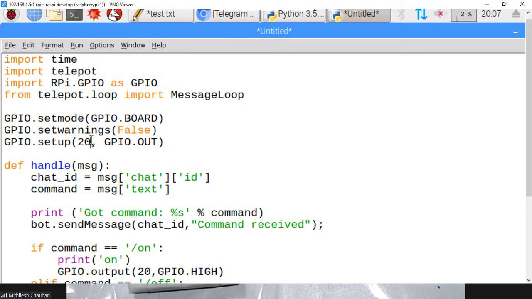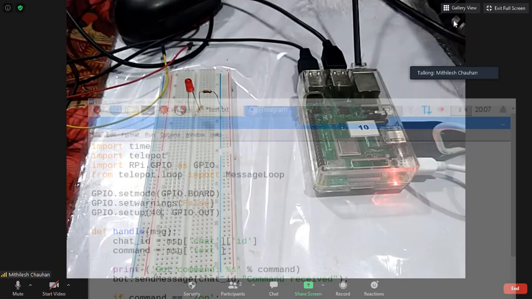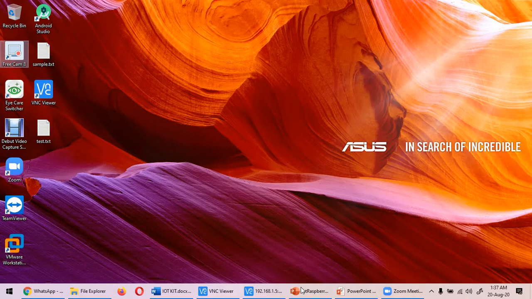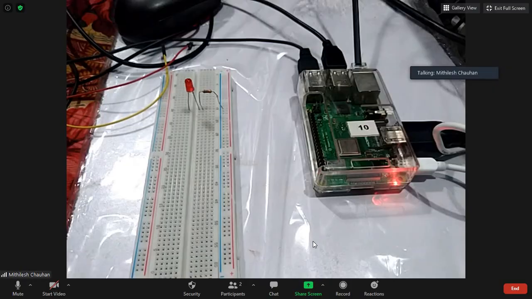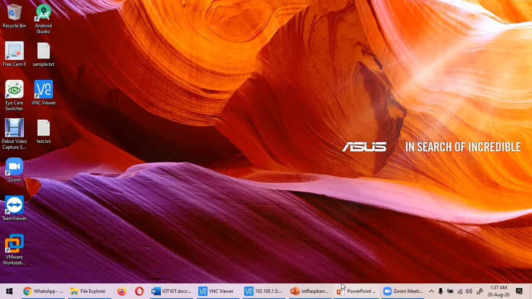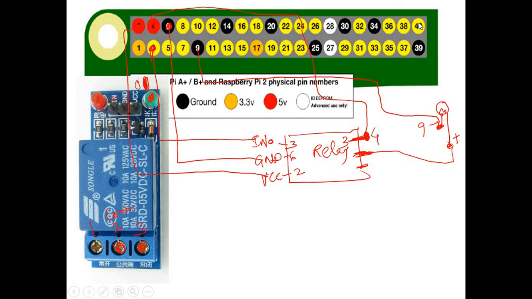Now we may use any of the GPIO pins. It shows GPIO pin number 20, meaning physical pin number 20. I will replace this with, for example, 40. Now let me check whether 40 is a GPIO pin or not. 40 is in yellow color, meaning it is a GPIO pin.